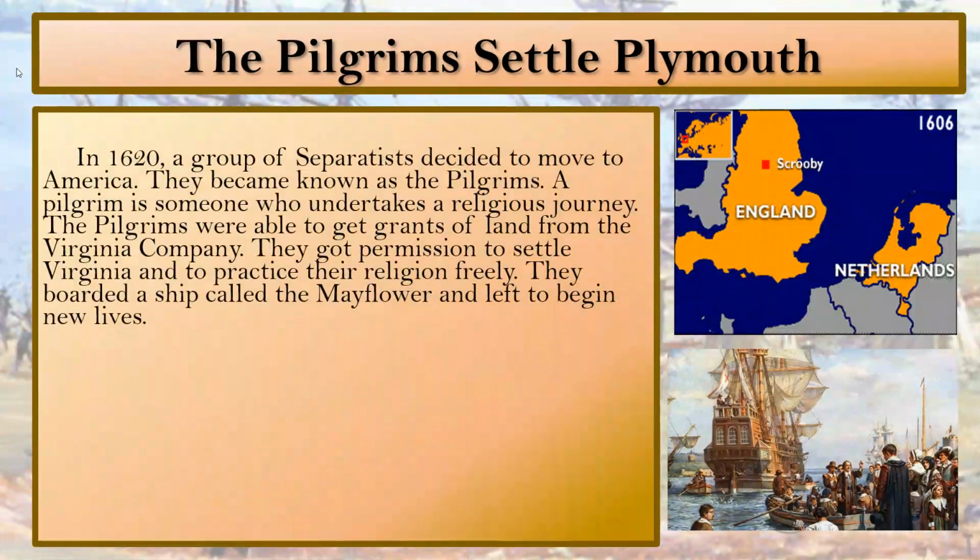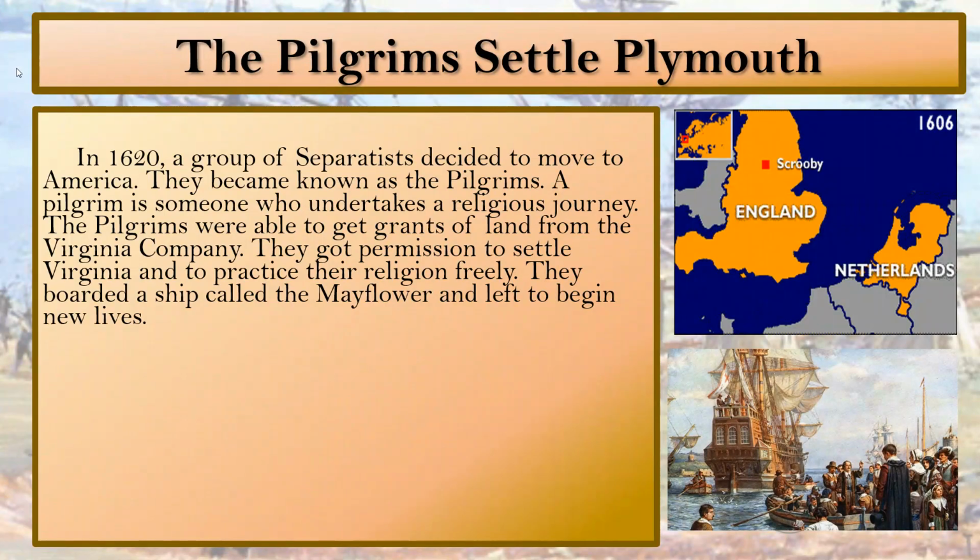What happens in the Netherlands? I do have a picture here before we move on. The Pilgrims were not very happy in the Netherlands. It was hard for them to find jobs, for one. For two, the Netherlands is a very tolerant society with many different religions. And the separatists didn't like the idea that their children were being influenced by others with different ideas, strange ideas, which they considered alien. They didn't want to stay in the Netherlands. They were afraid they would lose their identity. I just wanted to point that out before we moved along.